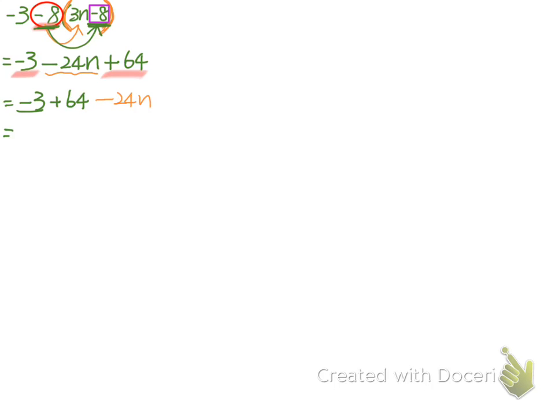So this will be a subtraction. If you don't remember how to do this, do it on the side really quickly. Minus, this will be 61. So 61 positive, because I overpaid, right? Negative or minus 24n. And this whole thing would be your answer. Okay? So this is a quick review of